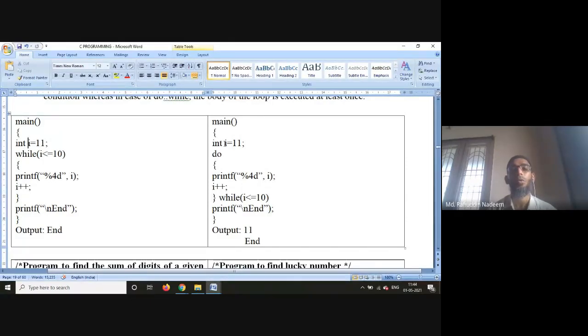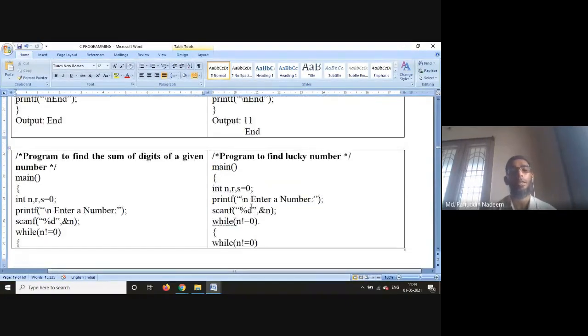Whereas in do while, i is initialized to 11, first 11 is printed, then i plus plus, i becomes 12, 12 less than 10 is false, then it quits the loop. So if your program requires the loop to be executed at least once, go for do while. Otherwise, you can go for the while construct.